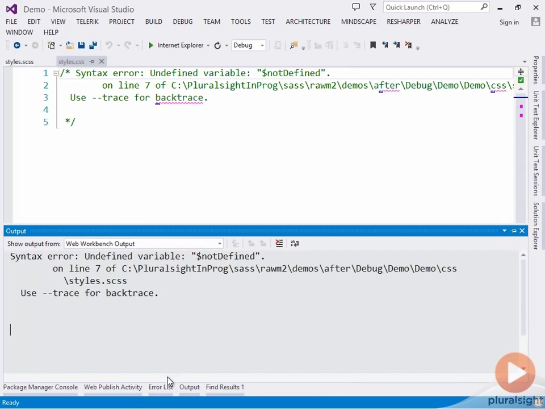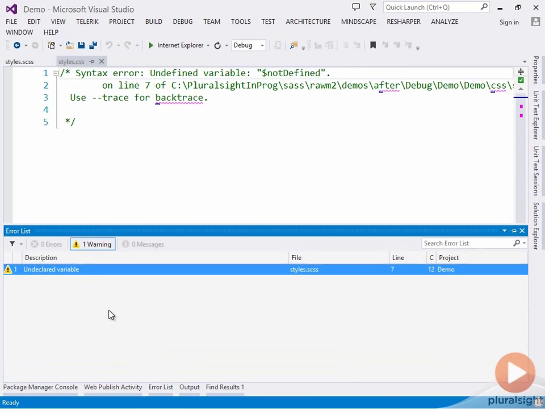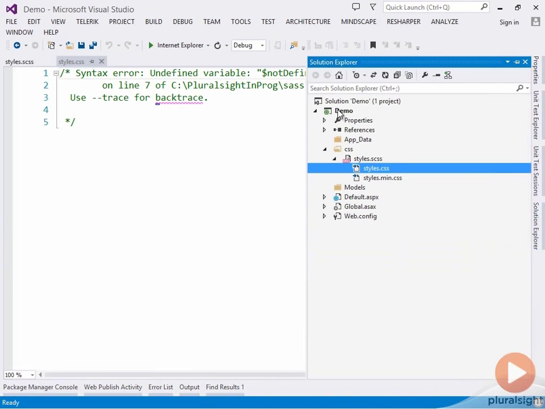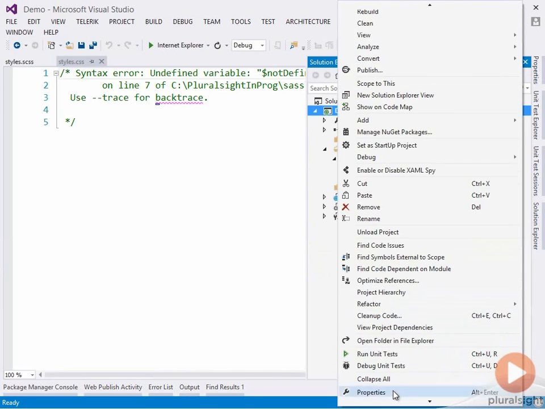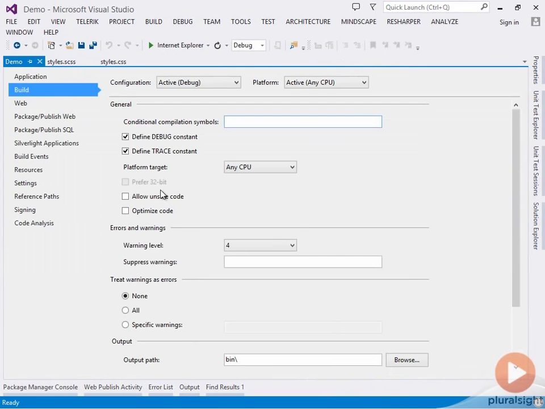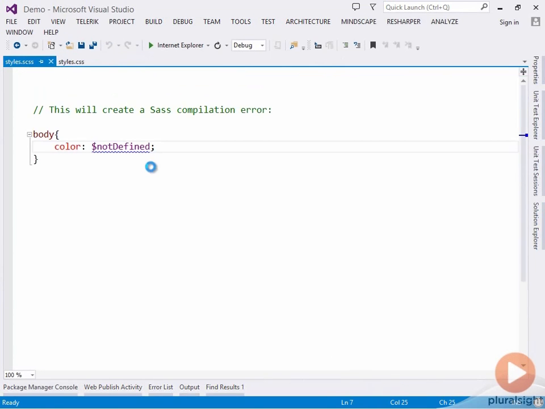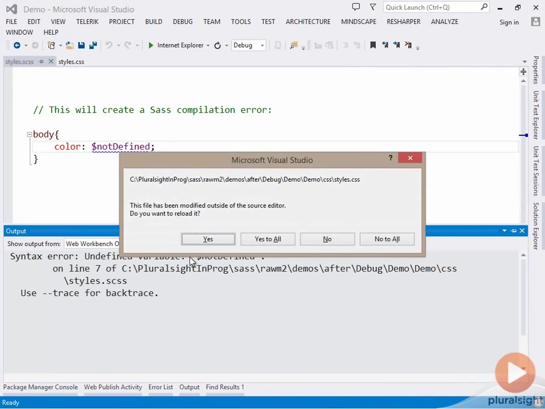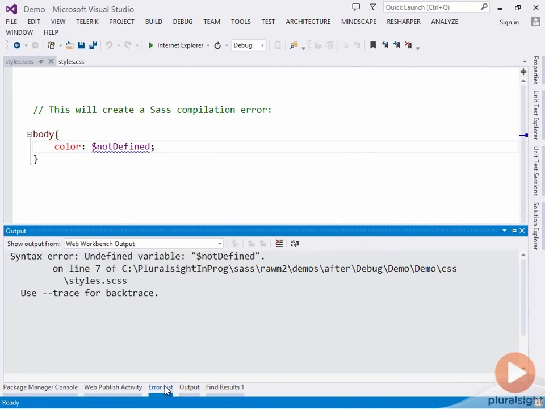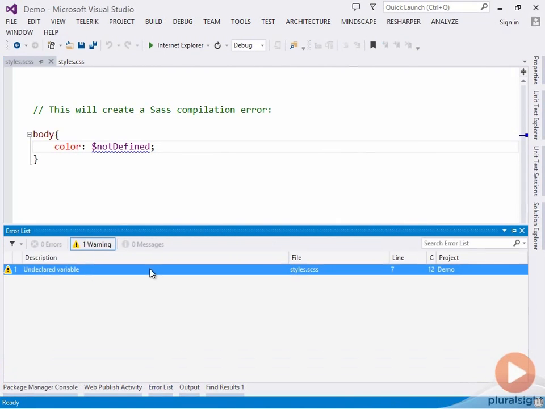But notice in the overall error list here, this shows up as a warning, not an error. So we don't get our build failing. Even if we turn on treat warnings as errors here, and we just go and force a save, again we get our error, but notice again that it's still treated as a warning and the build for the